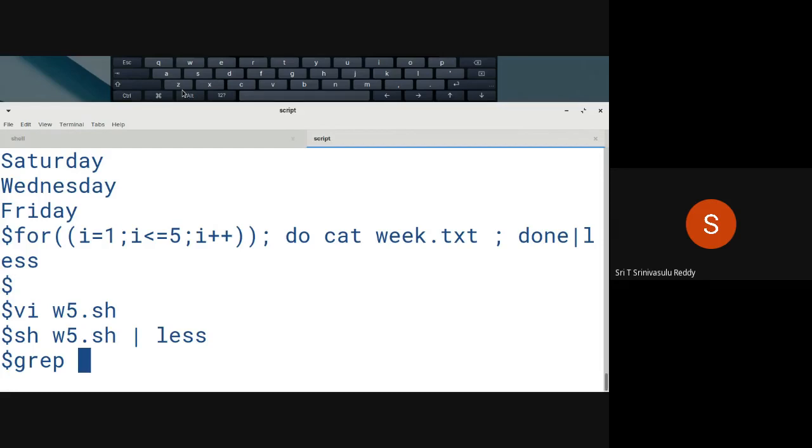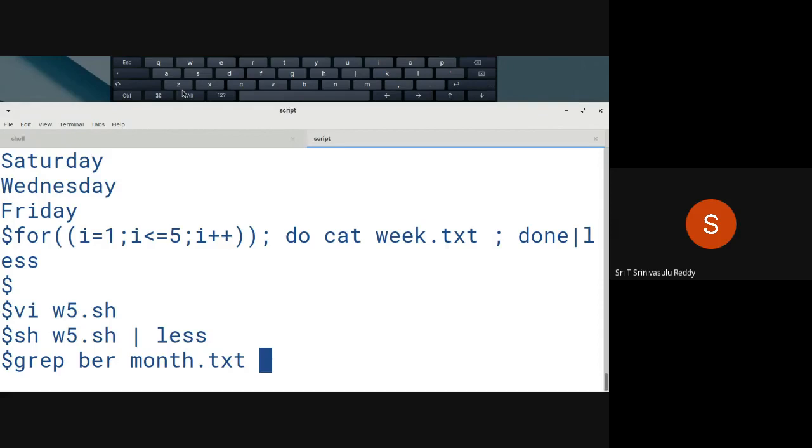So for example, you want to display all the lines that contain BER in the month file, right? So what is the syntax of grep now? After the grep command, you have to give the pattern. Pattern in our case is BER. And after that, the file name. Any number of file names can be given later on.